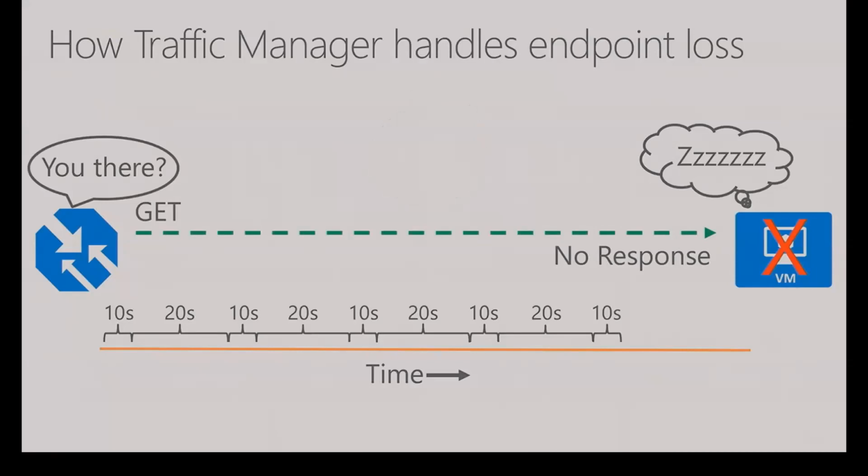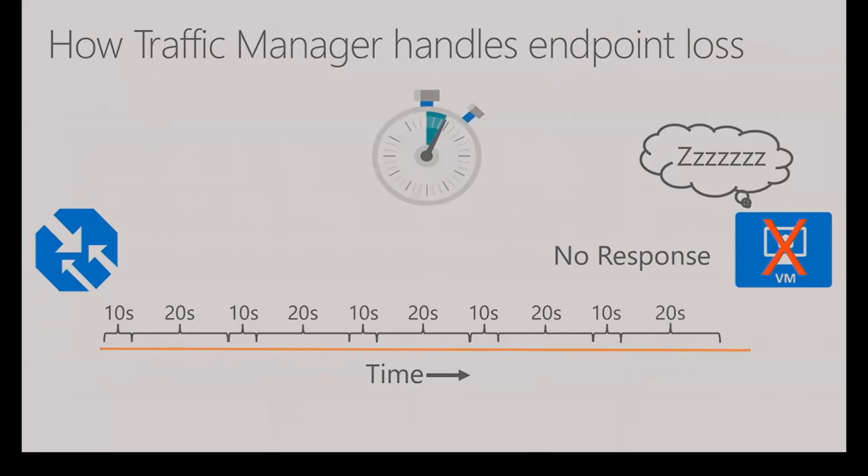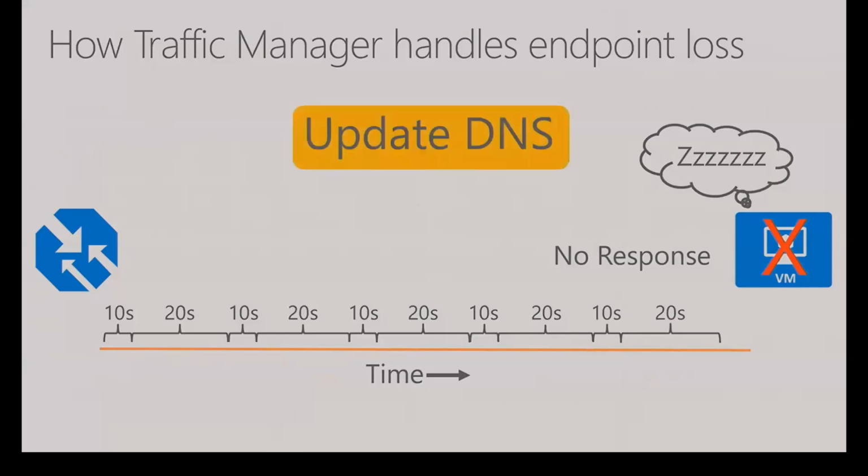But after 4 tries, it says to itself, 4 tries, nothing's happened. So remember, it takes 10 seconds to wait for the timeout, 20 seconds in between, so you've got 30 seconds as a whole, times 4, it's 2 minutes. After 2 minutes of getting nothing back, it finally gets a clue. And it's like, okay, this thing's actually down. It wasn't a lost packet, it wasn't just a temporary blip. This thing isn't responding anymore.